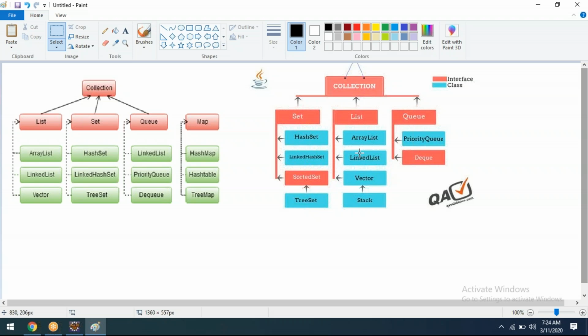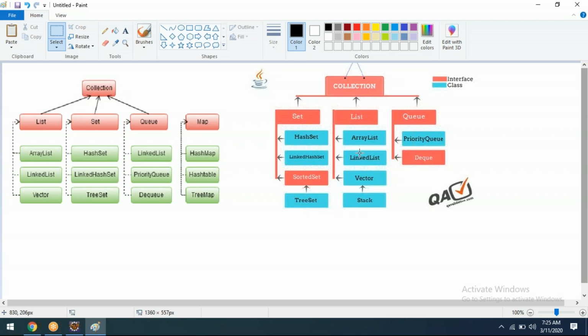Now, we'll go for another thing here. What are the things we require to learn? Here, array list is fine for us to learn as per the requirement. We don't want to learn linked list or vector or stack, but we'll know the concept. 99% we are going to use the array list. Correct.